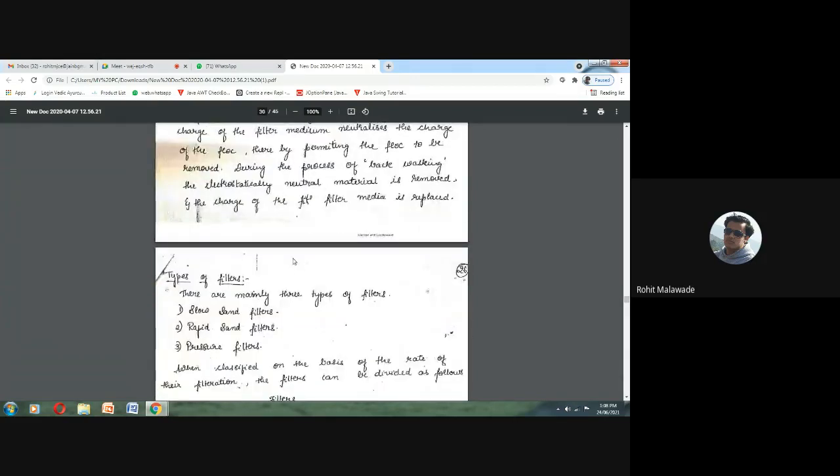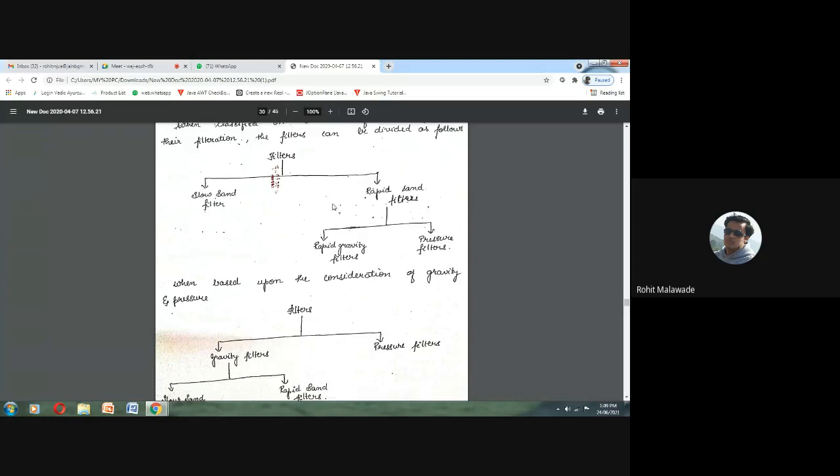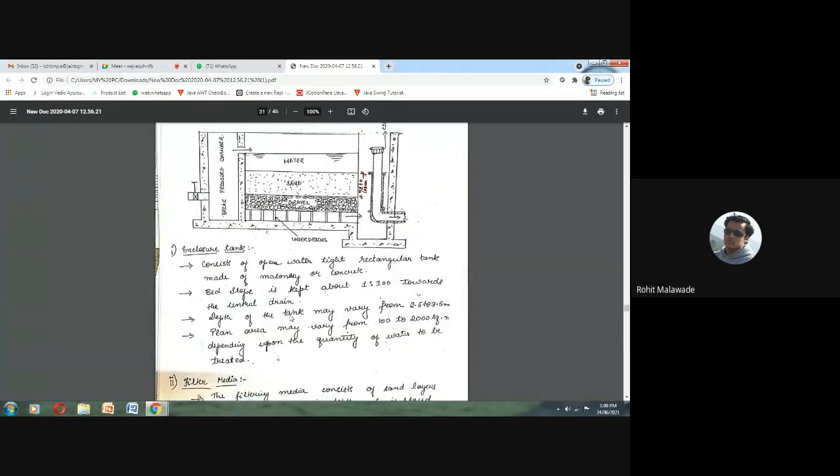In the next class, we are going to see the difference between the slow sand filter and the rapid sand filter. This is also one of the very important questions that may be asked in your exam: differentiate between the slow sand filter and the rapid sand filter. You are going to differentiate between these two right from the area, then rate of filtration, efficiency, size of the filter, backwashing, and the pressure that you maintain. All these differences we are going to see in our next class.